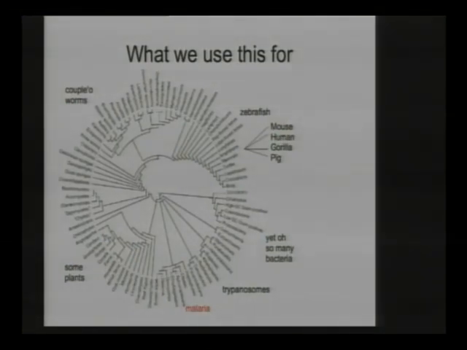Why are we doing this? Why do we bother? So what are we looking at? So this is kind of a tree of life, and I've marked some of the things we look at. This is the whole primate thing here, and there's related mouse and pigs. There's zebrafish, because zebrafish is a model organism in biology, which has its own problems because after they sequenced the mouse and they were still sequencing human, they said, oh, let's do zebrafish.